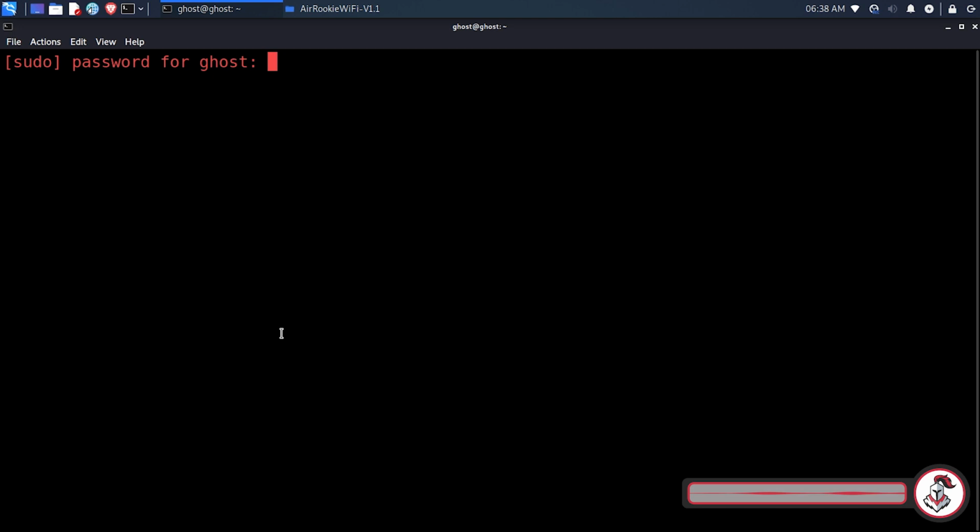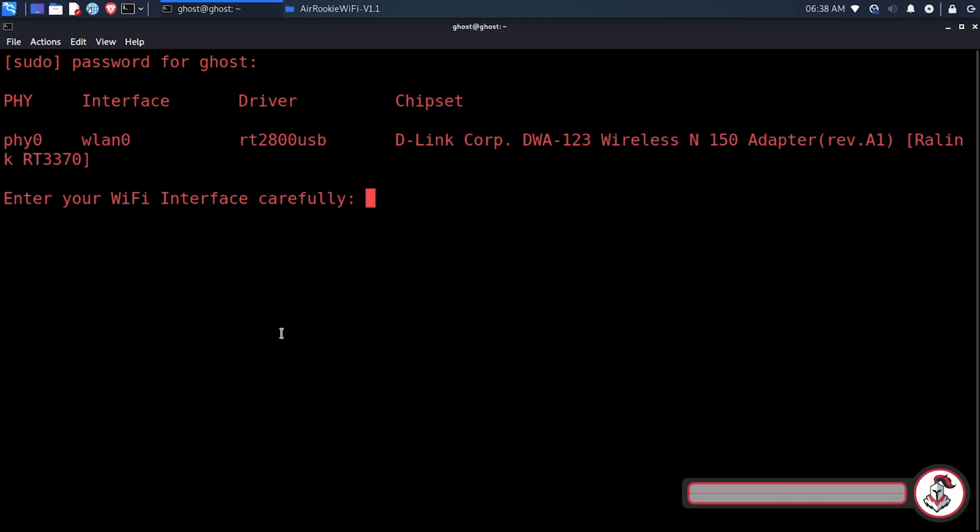To use aircrack, we need sudo privileges. Here we have to carefully enter the interface of the Wi-Fi card as we will put it in monitor mode. And your card should support monitor mode, otherwise it won't work. Usually built-in Wi-Fi cards such as in laptops or in desktop motherboards don't support monitor mode, so make sure your card supports monitor mode. If we enter the wrong interface, the script won't work and we will have to start the Python script from the beginning.